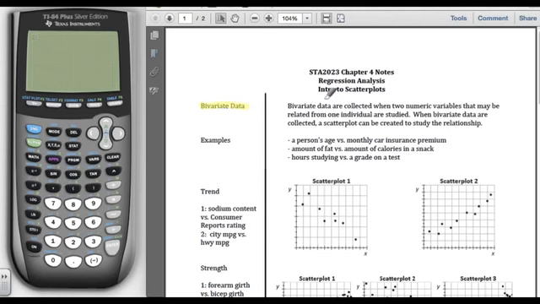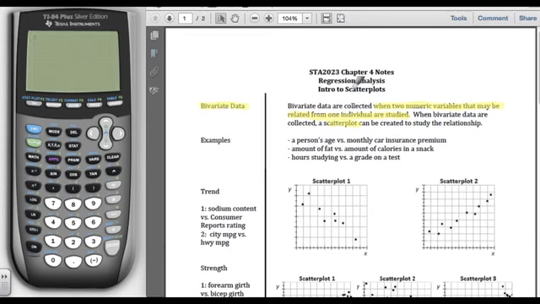We have bivariate data collected when two numeric variables that may be related from one individual are studied. And when bivariate data are collected, the display of choice is the scatter plot that will allow us to study